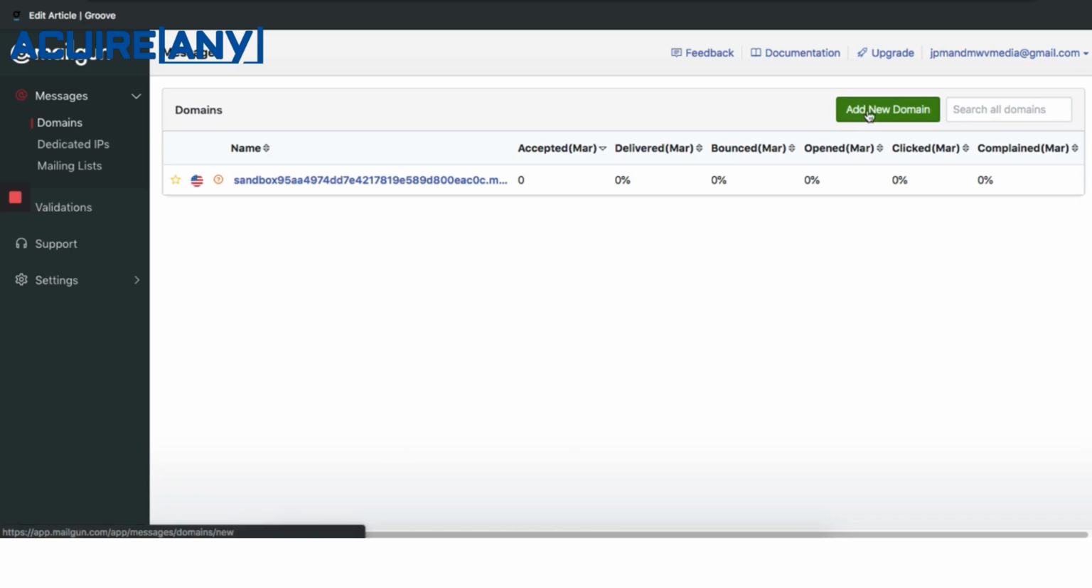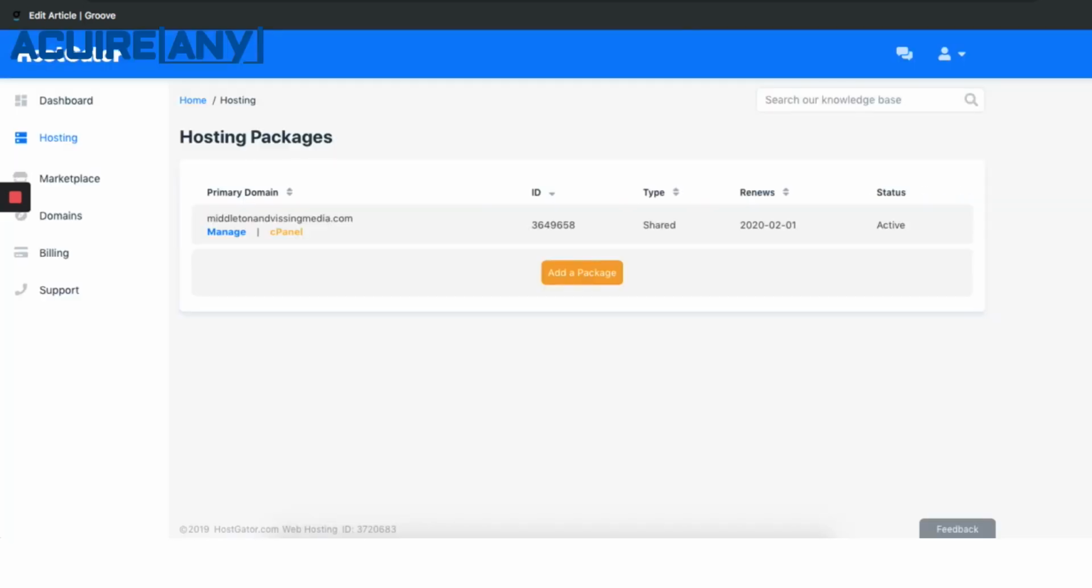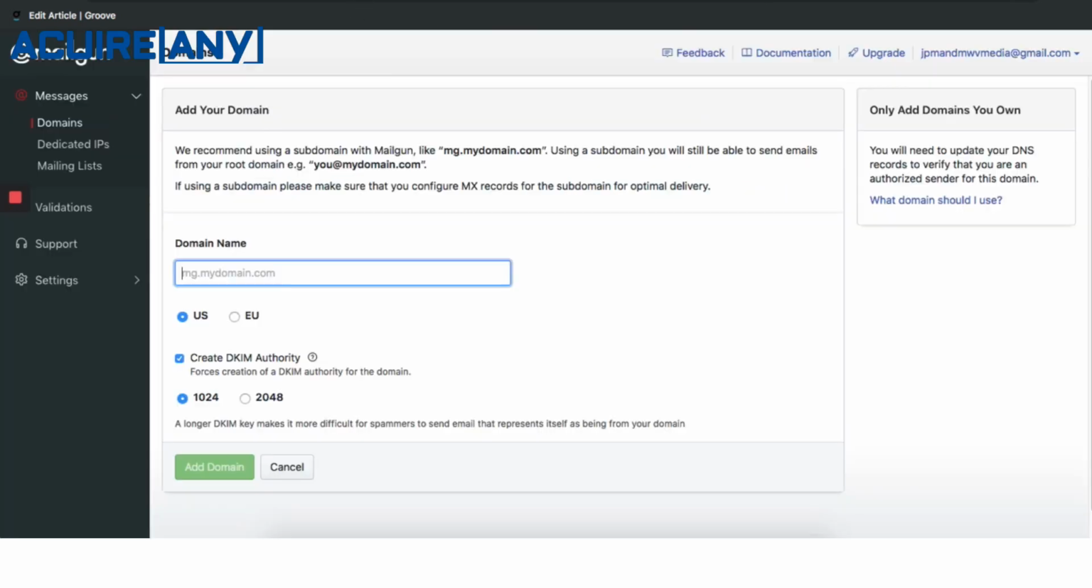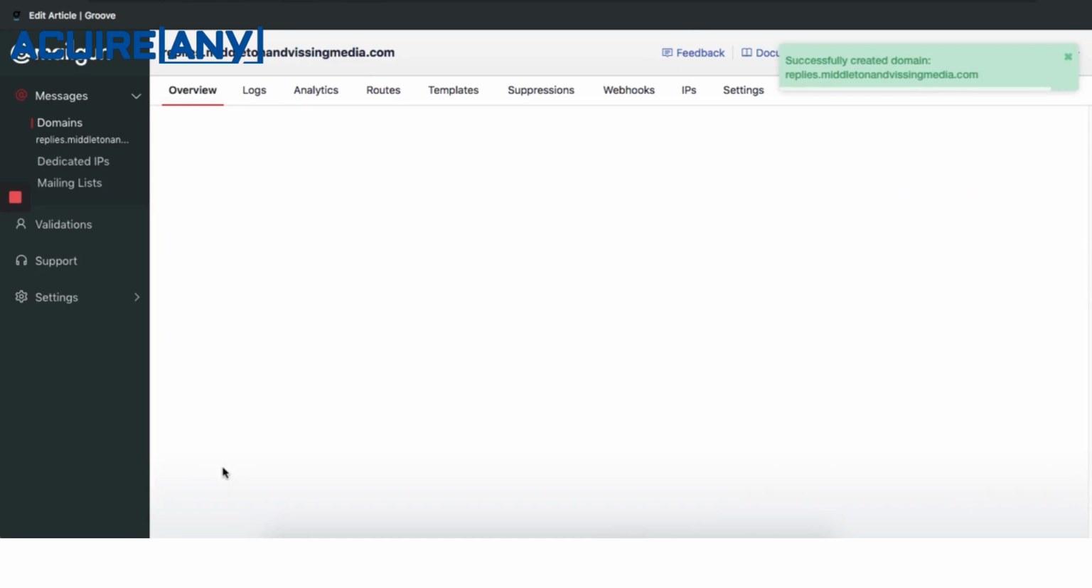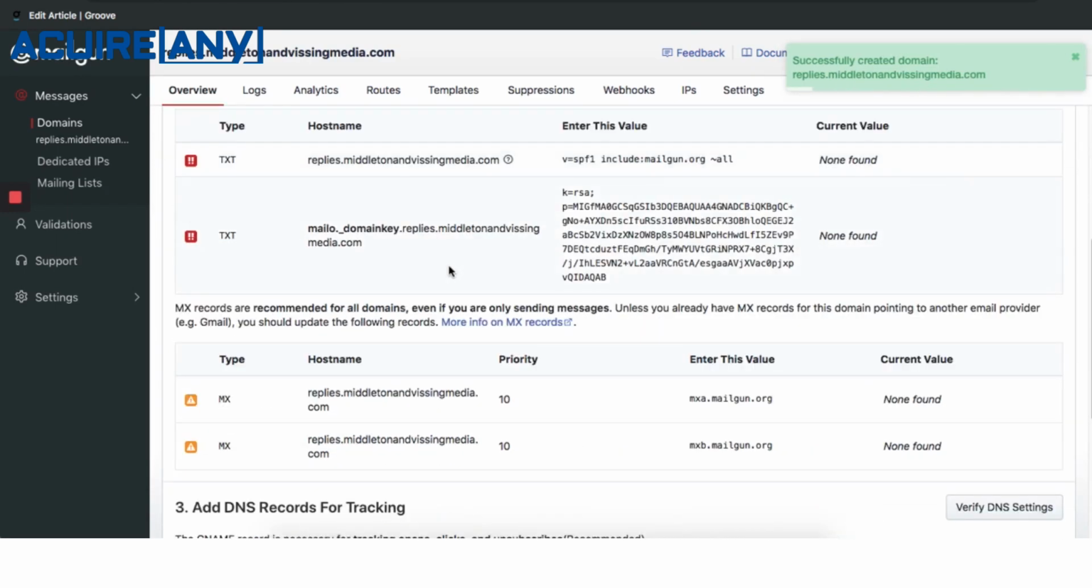And now we're going to add a new domain, and this is going to be a subdomain of your domain in HostGator. So move on over to HostGator. You can copy the name of your domain back into MailGun, and what we like doing is doing replies dot the name of your domain. Now let's click add domain, and now it's going to bring you to a list of DNS records that you need to add to the